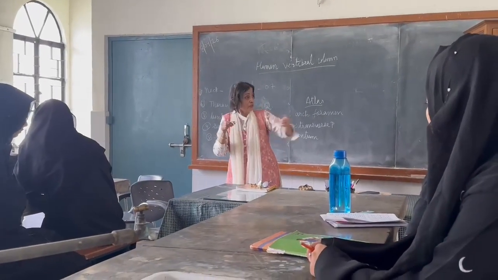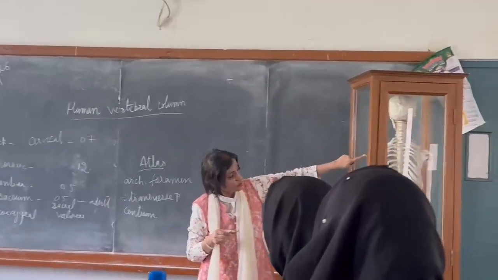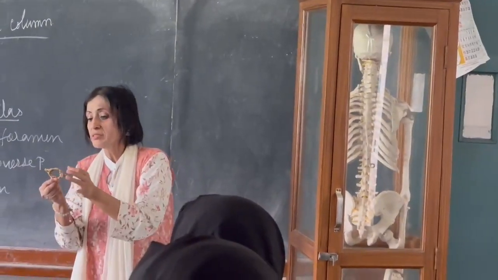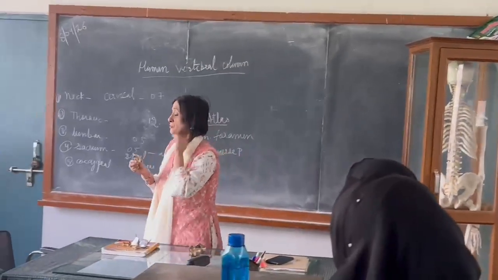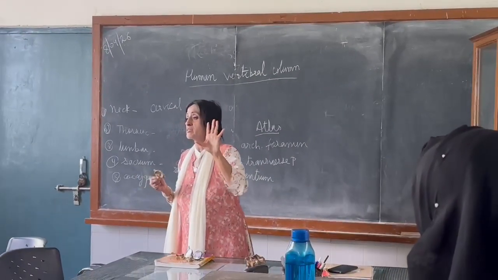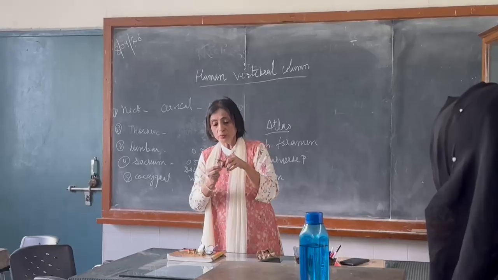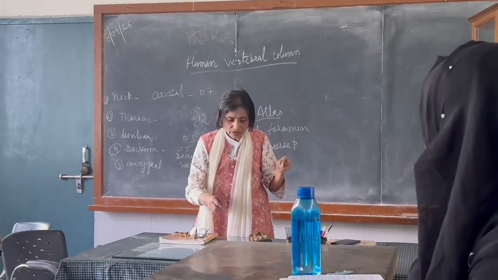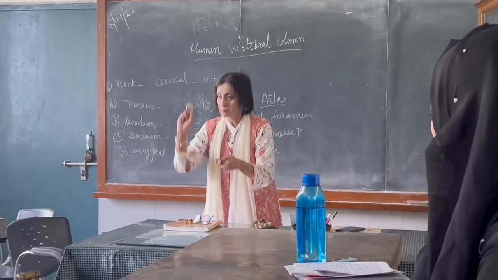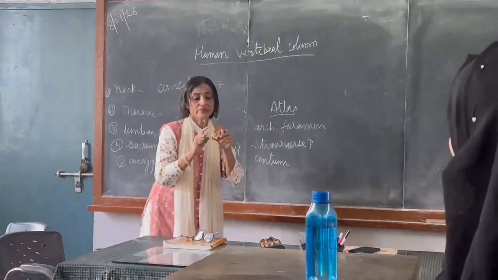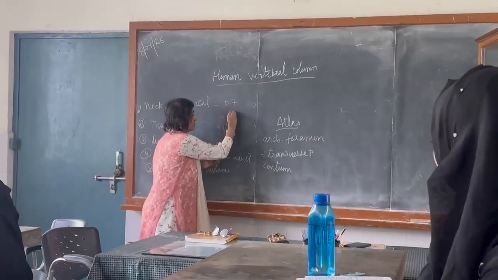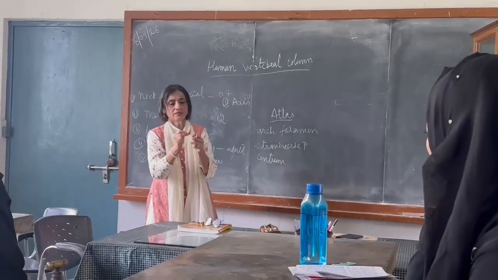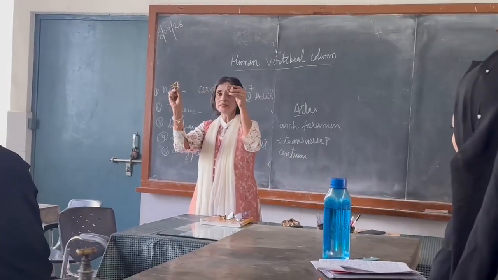The neural spine pointed backward. See the attachment? Neural spine is this way of attachment, right? So anterior pre-zygapophysis is articulated with the occipital condyle of the skull, and from the post it articulates with the second cervical, which is called axis. I am writing second one is axis. See the structure. This is atlas and this is axis.